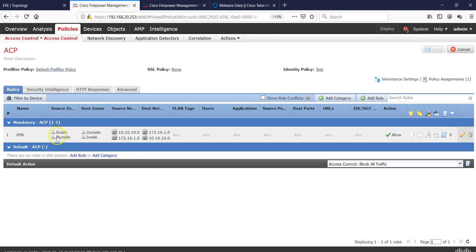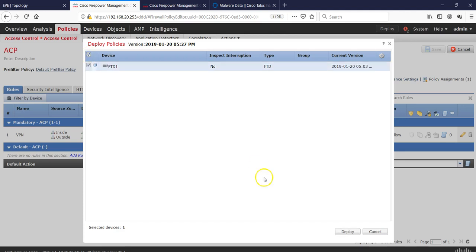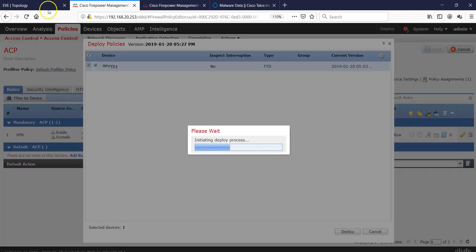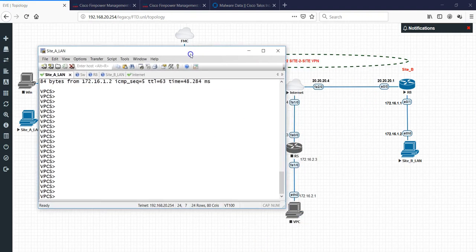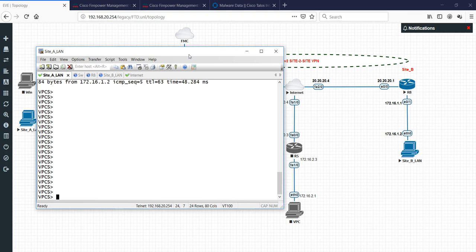So if it's being originated from here, it's going to be from inside to outside, from 10 to 172. And if it's being originated from the external device, it's going to be coming from outside to inside and from 172.16 to 10.10. So I'm going to save and I will deploy. I think that will be all. I'm going to deploy my configuration. While I'm doing that, I think the next thing is to configure the external device, which is our IS router. So while the FTD is deploying,